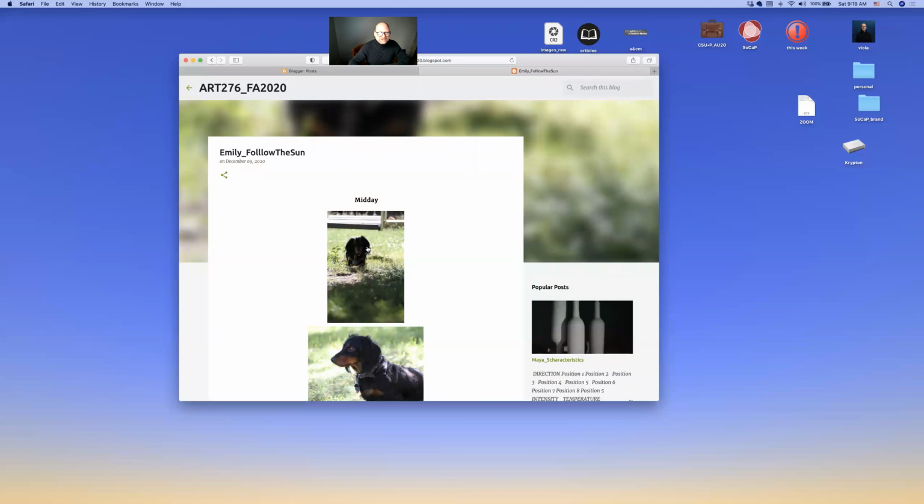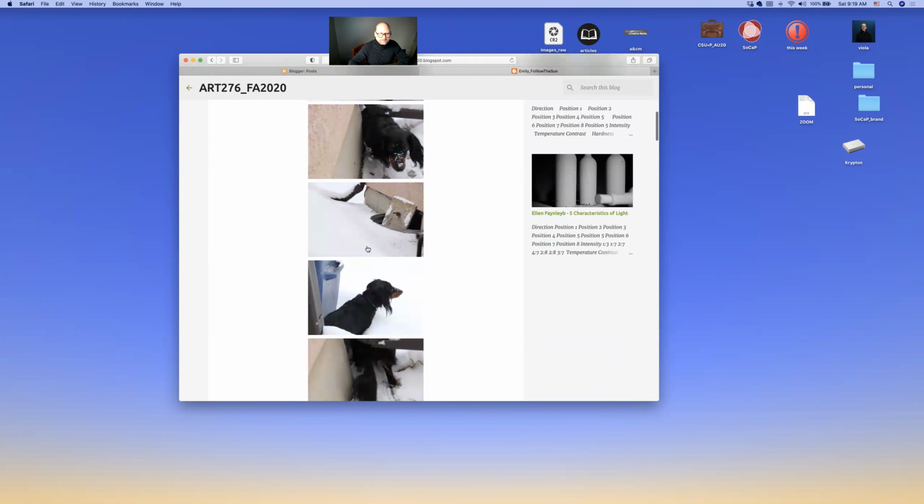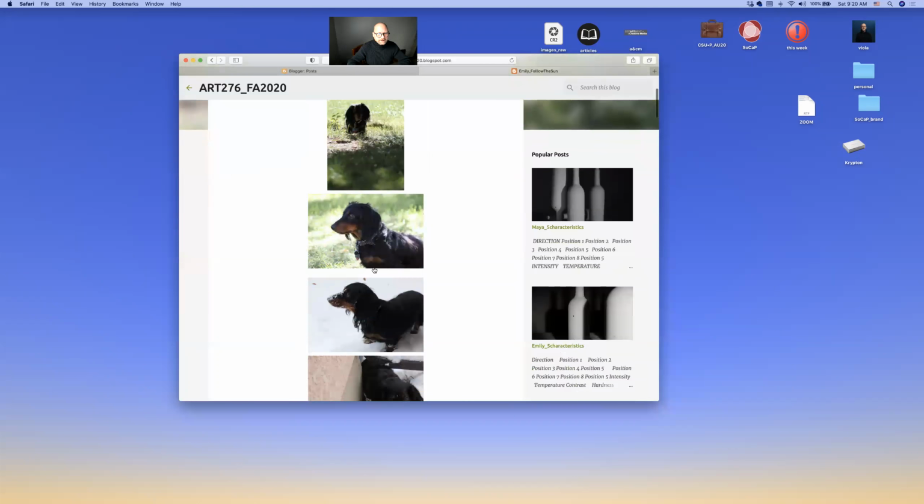Now, I noticed that you had a good model here. This little one seems to be cooperating with you. That's great. Shoot what you know. That's what I always say. And if you don't know about it, then go and shoot it. So if you have a sort of an affection for the location, or someone is curious to you and you want to capture who they are, even in this case with this little guy or girl, I'm not sure which, but